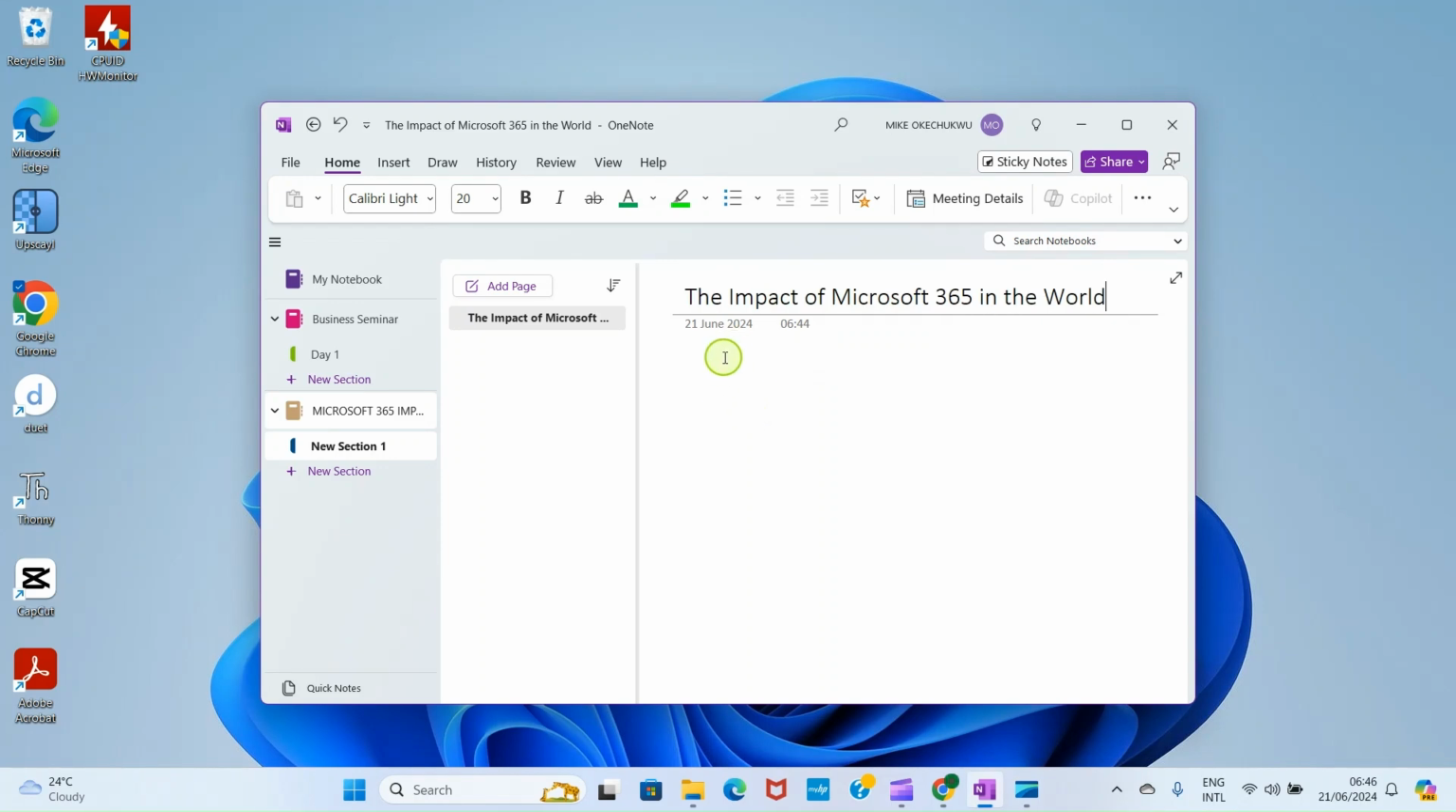I want to insert a picture first, which represents this topic, okay? Then I'll click on a spot in the body of the notebook. Then let's call this introduction. Then press the Enter key and I want to insert an image here because I want it to represent Microsoft 365. So for me to insert the image, click on the Insert tab,